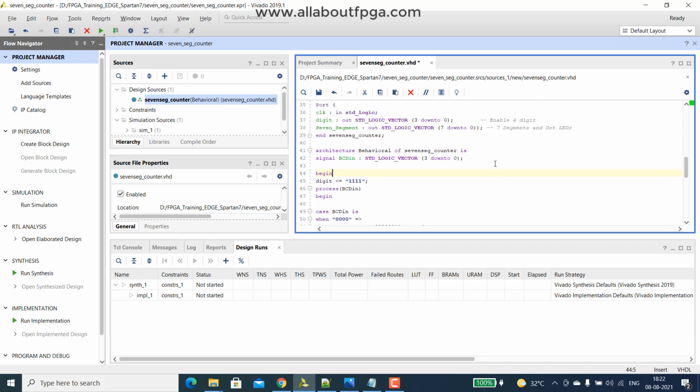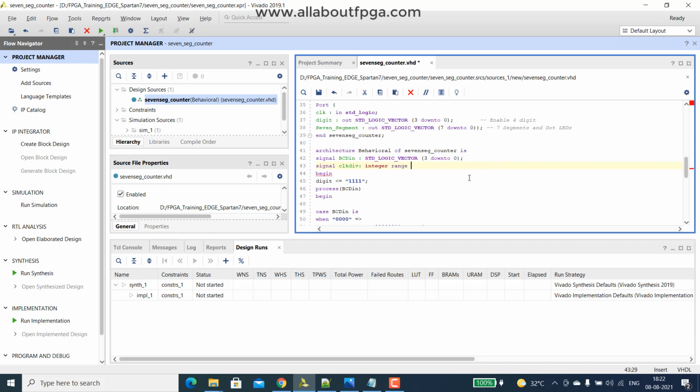Next, we need another thing: a clock divider. We can make it as a clock divider with an integer range.